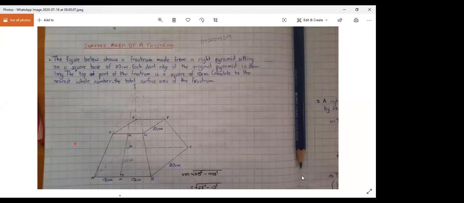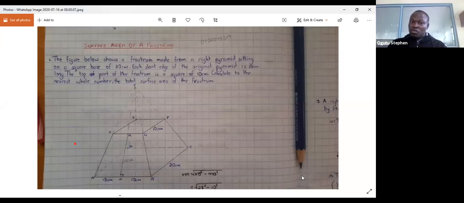You can use any linear scale factor of that. Now, tukitumia sasa linear scale factor, we are going to use 20, that is BC, over GF, 10, is equal to our big slant height, which is 28,